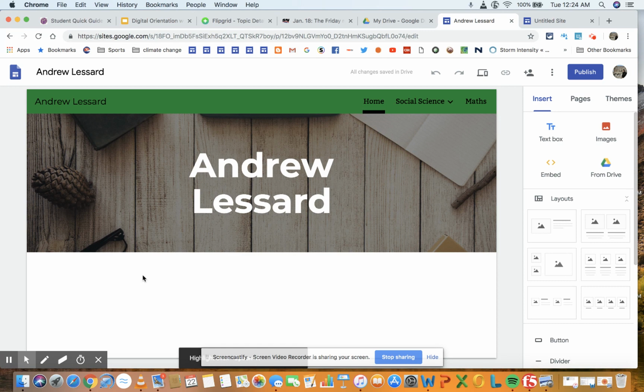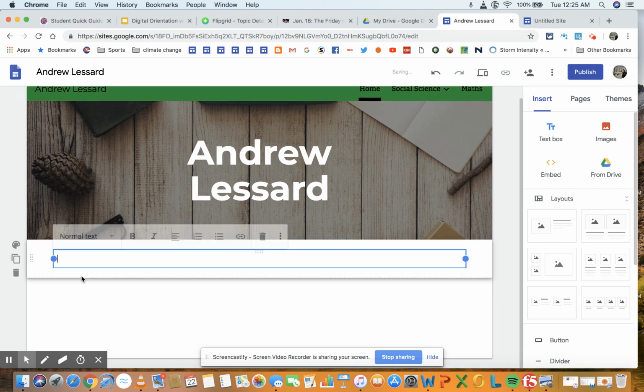Now, in terms of actually adding things to our Google site, there's two different ways we can go about it. The first is if you just click anywhere on the Google site, this appears. Now, if you just want to type something, then click on the text, and the text box appears, and I can just click